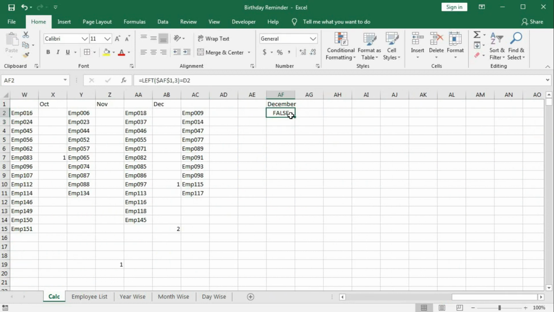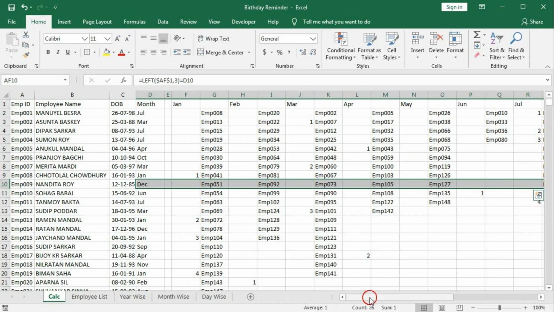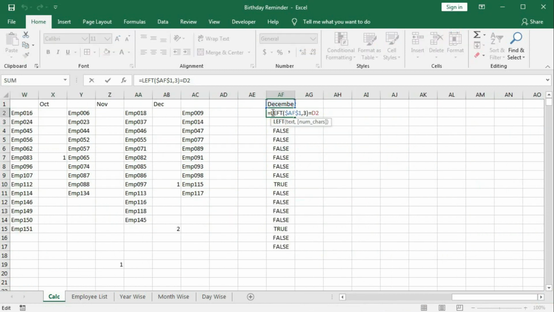So we got here false. Now drag this down. So here we got true because this is December. Now if this is true, then here we will get 1, and if it is false, then we will get here blank.